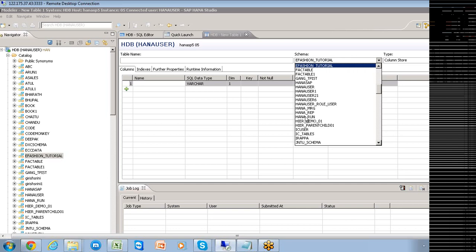So let me tell you, Vijay, when we were discussing in the previous classes, we understood two things. SAP HANA is a type of database where we can host your SAP business applications as well as the SAP BA applications, right?